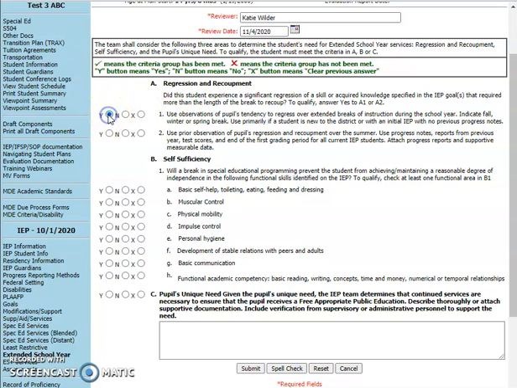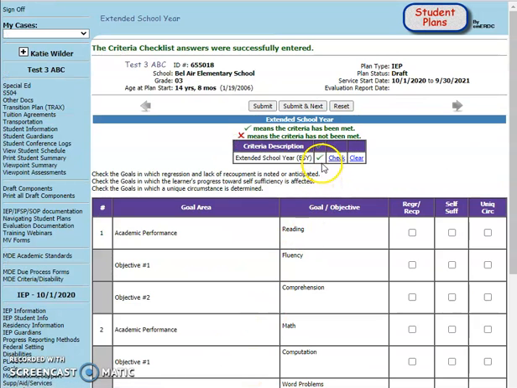So for this particular student, I'm going to say regression and recoupment in number 1, and then I'm just going to check no in all these other areas. You can also leave them blank. I like to fill them out. Part C, I'm going to leave blank. If the child doesn't have a unique need for that, then leave that blank because it will ask you to fill something in. I'm going to hit submit, and then the green check means that the student has met criteria